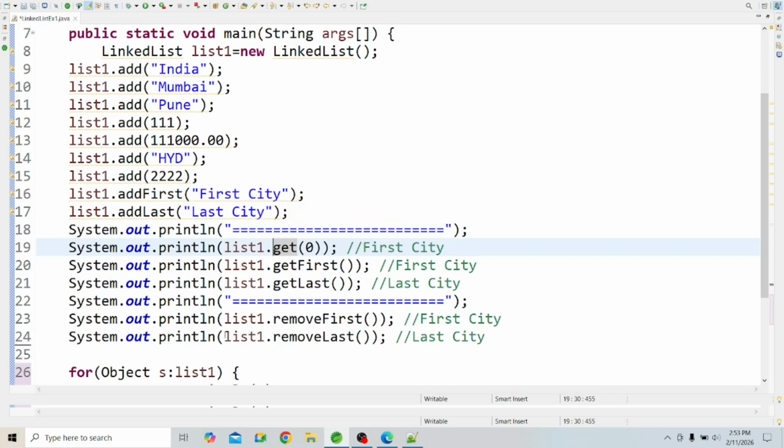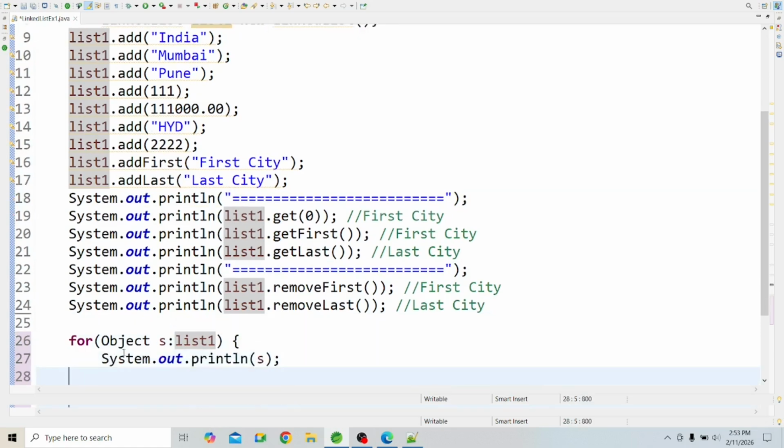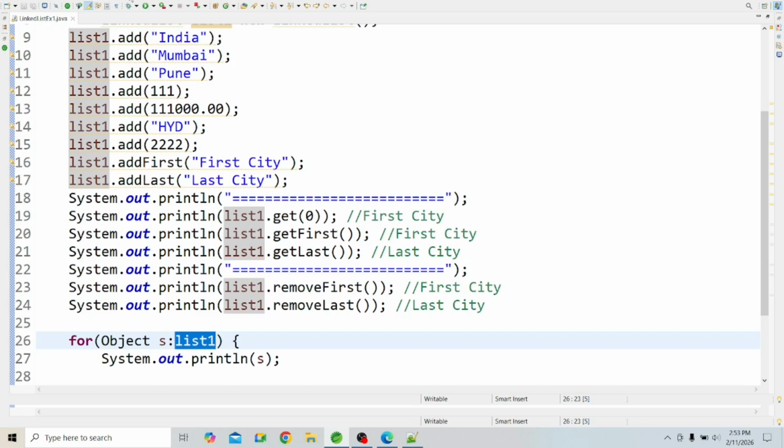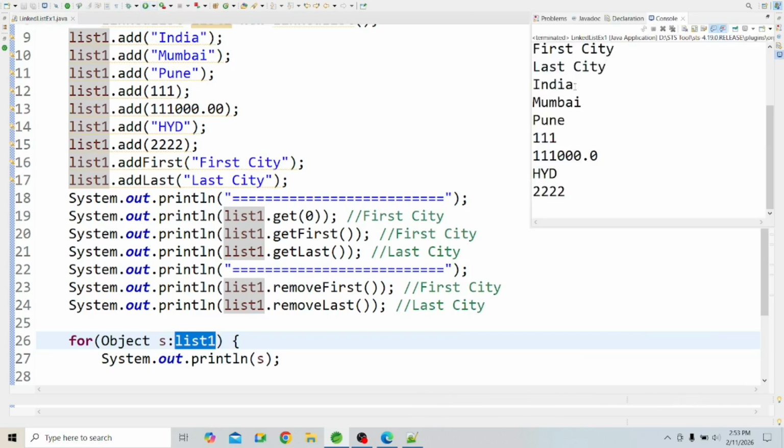Then we have to print all the object data, meaning the linked list, to know whether the first position data and last position data are removed or not. So here we are iterating list 1. Control S to save our program and let's execute it. See the output. What is the output? It is removing the